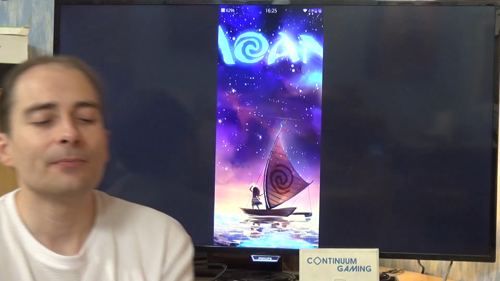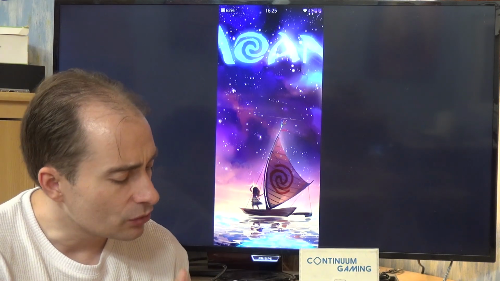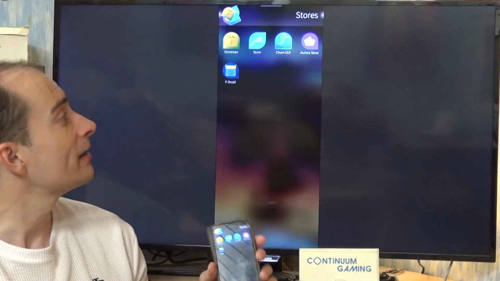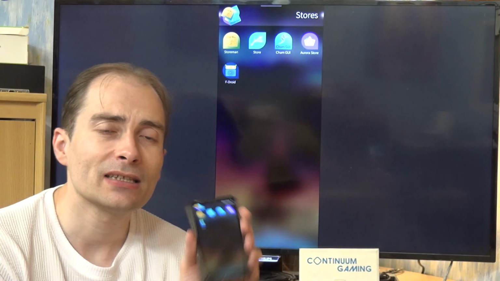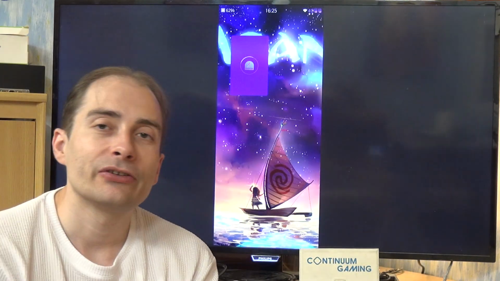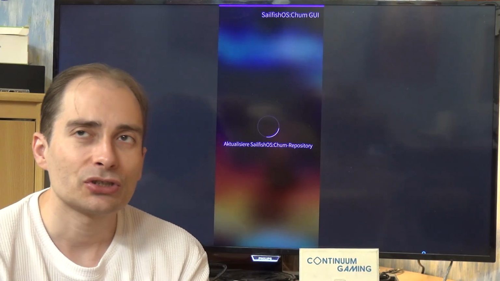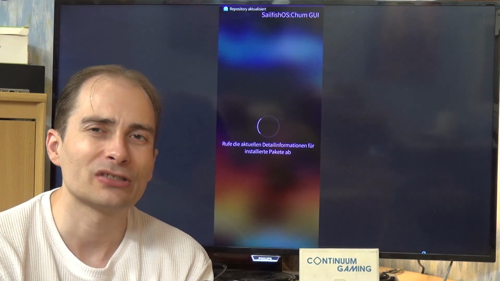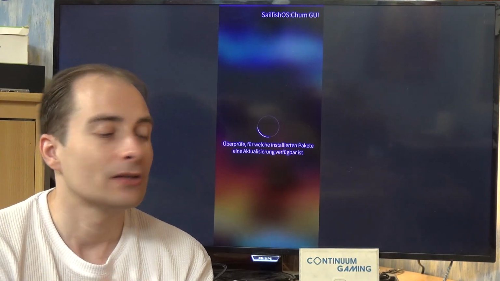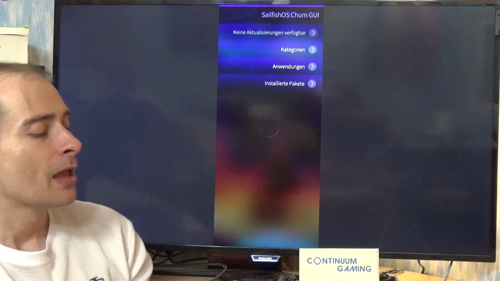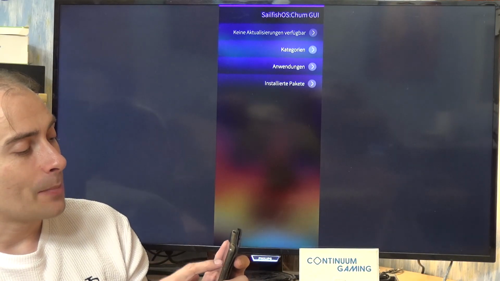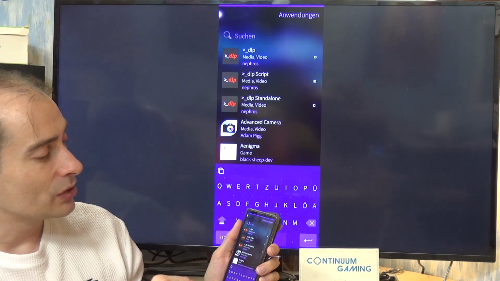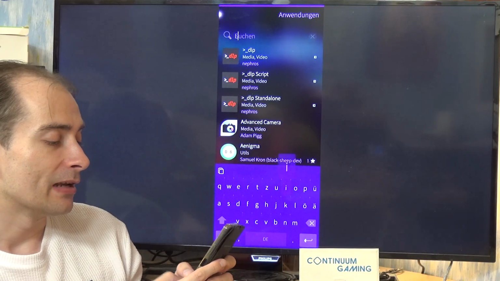First off, just go into your drawer menu and go to your stores. If you already have Chum GUI, that's fine, get that one, because there you can get the X64 version. I think on the store version it's harder to get that. It's possible too, but it's much easier going to the Chum GUI. Go to the applications part, the button there, and you can search for stuff. If you now put in Lighthouse,